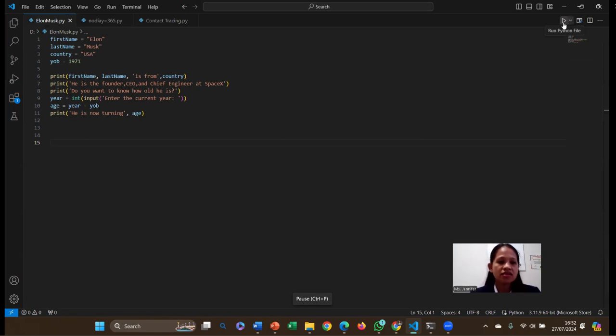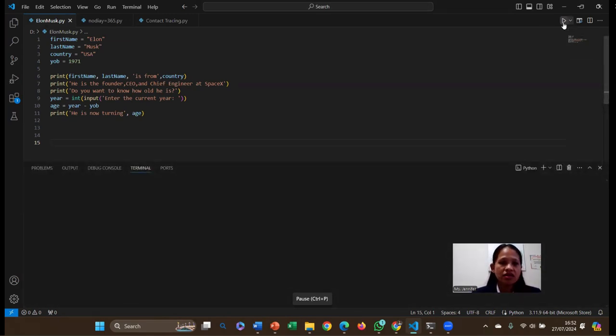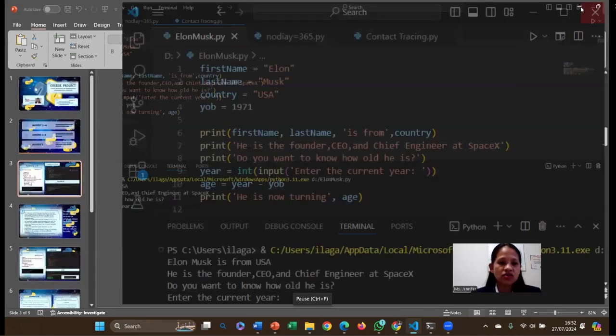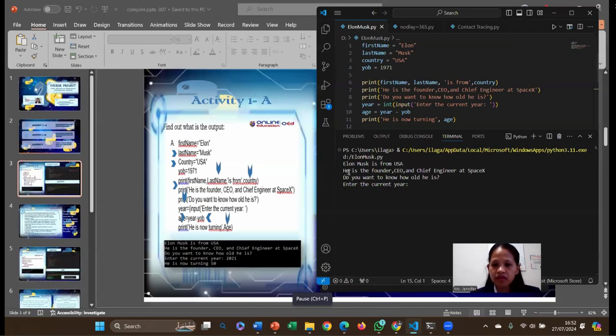Let's run it and execute it and see where it will go. Here it prompts us with this statement: Elon Musk is from USA. He is the founder, CEO, and chief engineer at SpaceX.